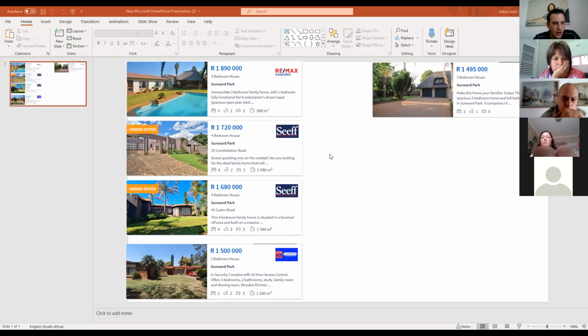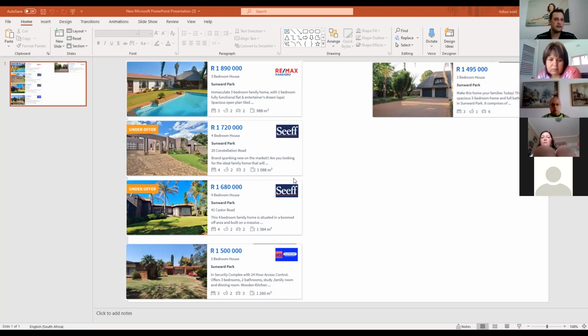And be quiet. Let them determine where they fit in. Oh, you know, that property is quite similar to mine and that one as well, except I think my property is better than this one, but I think that one does offer a little bit more than me. Okay, cool. So do you think we should be listed at around the 1.7 mark? Are you thinking of the 1.69 mark? Where do you think we need to be in between here? Let them give you the price.